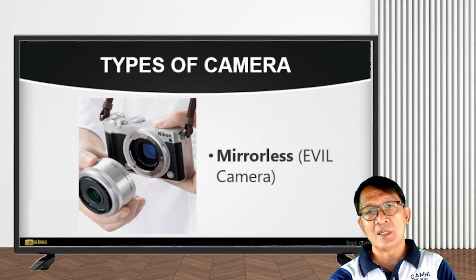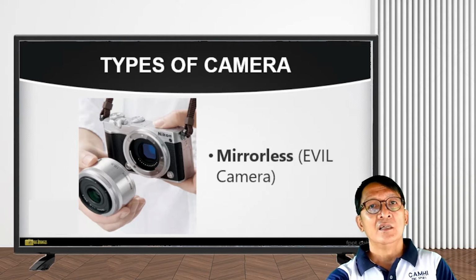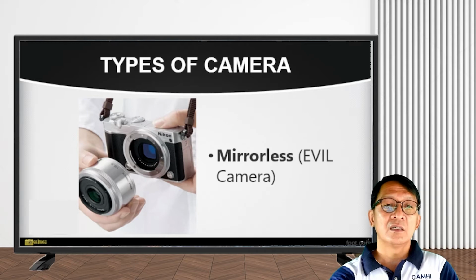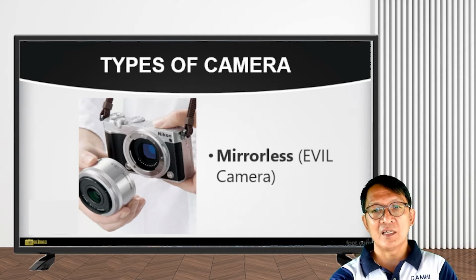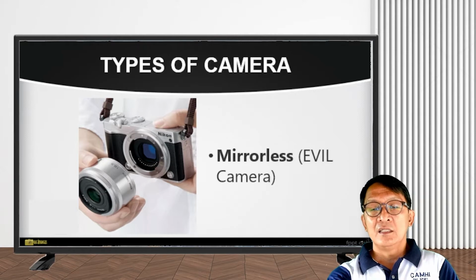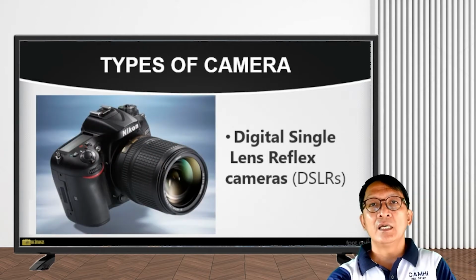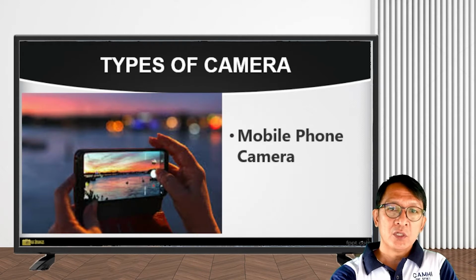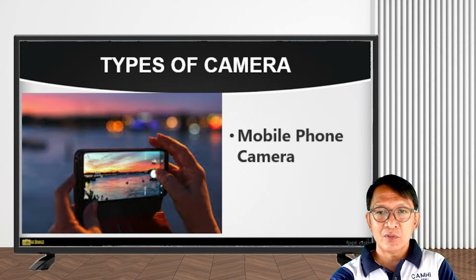So, maraming klaseng lens ang mirrorless camera. Sa ngayon, yun ang nauuso, mirrorless. Hindi na yung DSLR. Okay? So, pero marami pa namang lumalabas na bagong DSLR. Yan, mirrorless. You can change the lenses of your camera. Okay? Next is the DSLR or the digital single lens reflex cameras. Yan. And the last one is mobile phone camera. So, we're going to focus on this kasi alam ko ito lang yung sandata nyo sa photography.